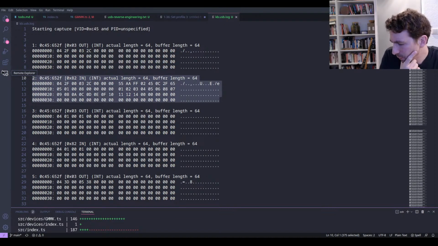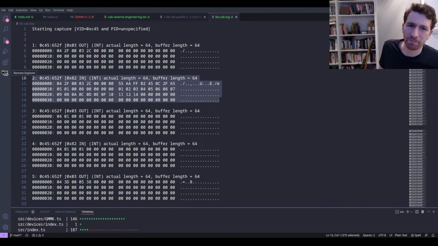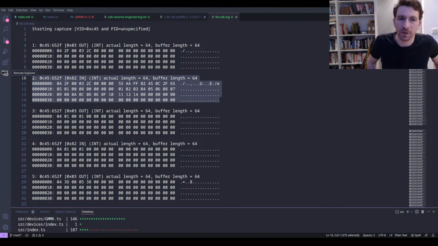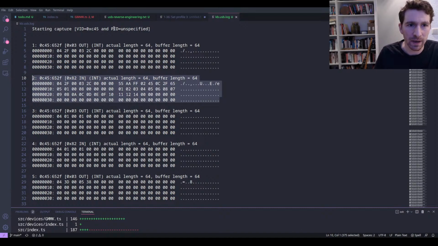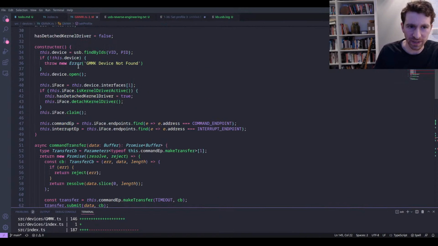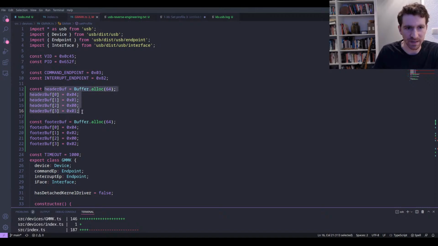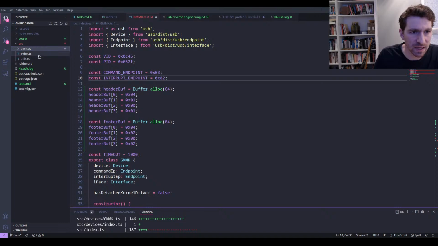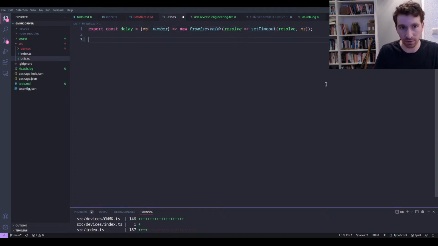Greg says, is there a way to pack the buffers more concisely? Yeah, probably we could write some utilities around it. I was already thinking, it would be nice to say allocate a buffer of this size and then insert these elements into it. And I might do that actually, because I was already getting a little bit annoyed by it in this case. So let's do that. We've got this utils file that Greg already made. So let's make export const